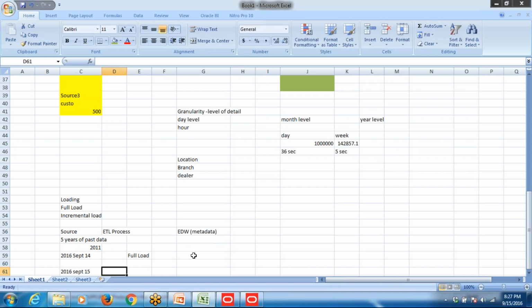September 15th data will go after my business hours. So tonight I will run the process. What I will run, I will only try to fetch the information which has been loaded into my operational systems after September 14, 2016, because I don't want the earlier data, because it is already there in my enterprise data warehouse. So in my enterprise data warehouse, after full load, my EDW will have data from 2011 till September 14th, 2016, right? Now September 15th data I need to